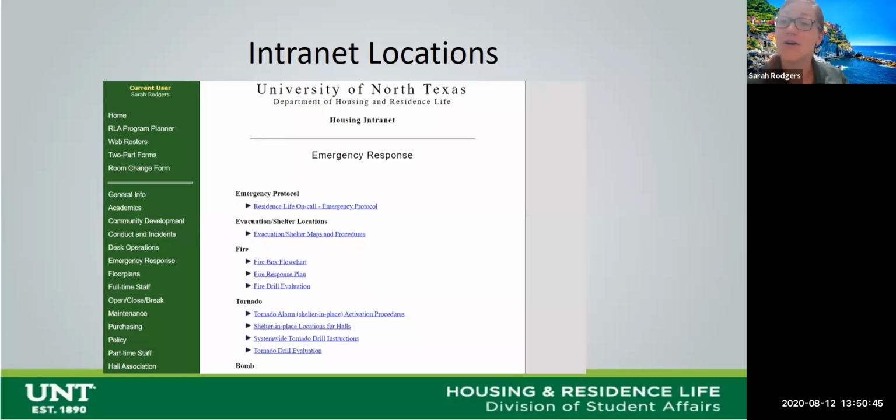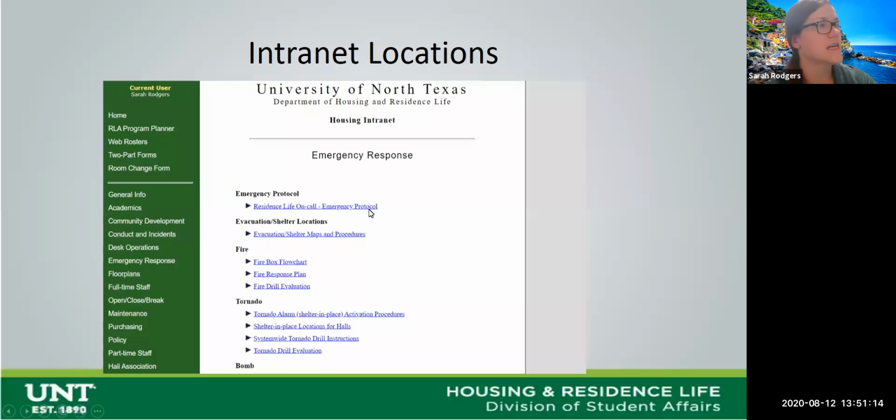Okay, I'm going to continue though, so we can get through all of the protocols we're going over. So first, I think you probably already know this, but I thought I'd keep it in here so you could see. This is where the emergency protocol lives. This is a place where you can always find it. So if you go to the intranet, if you already have access, then you'll go to emergency response and you will see this various